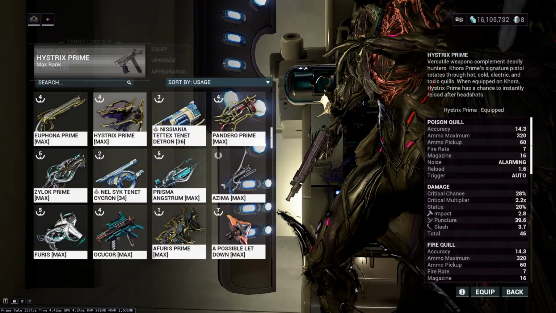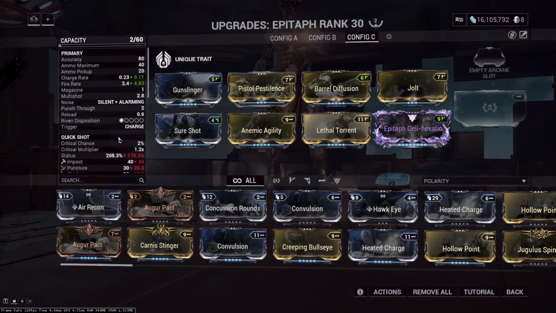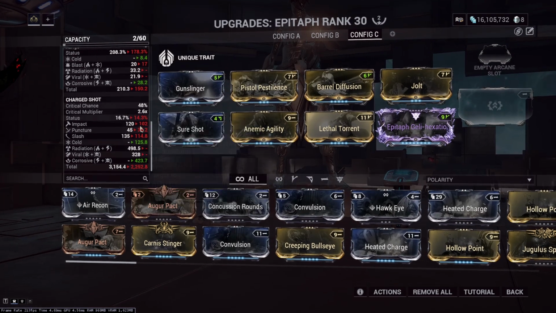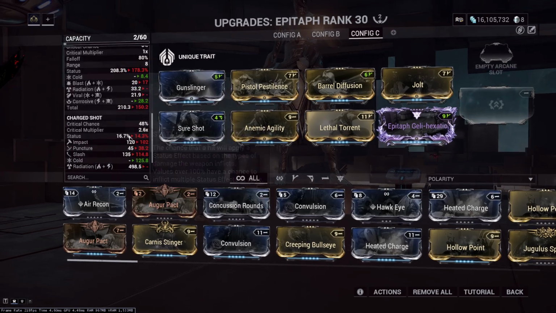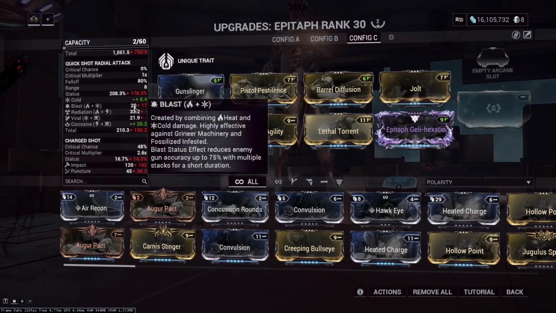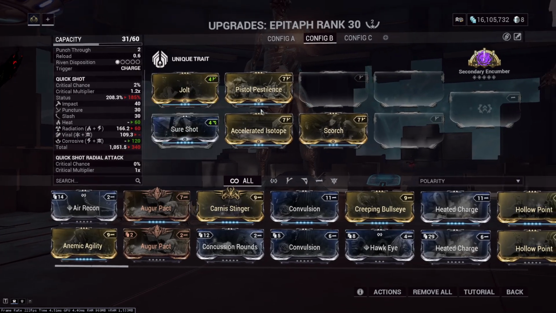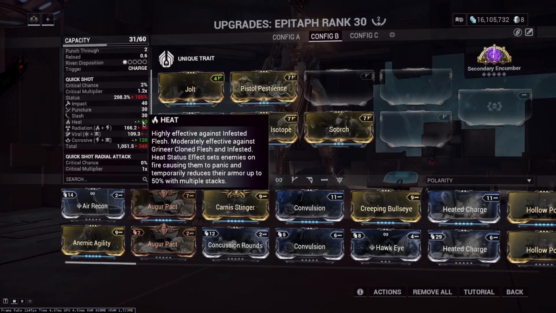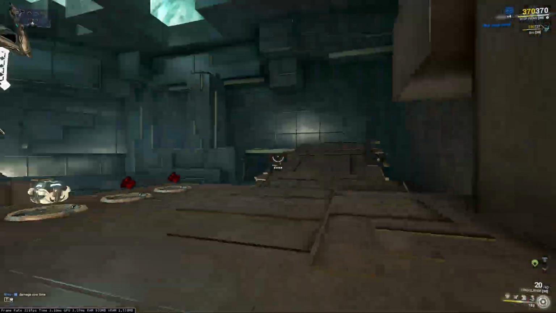Now, one last thing to say before we move on to the last point with elemental damage is the Epitaph. This is a weapon that deals a guaranteed blast proc, a guaranteed cold proc, and a guaranteed impact proc. And these are amazing because you can now build for whatever element it's missing, and you can make it so that these elements are getting accounted into your build. So for example, on this config B build, I put radiation, corrosive, and heat, and secondary encumber. Now if I just remove the encumber, we're gonna see